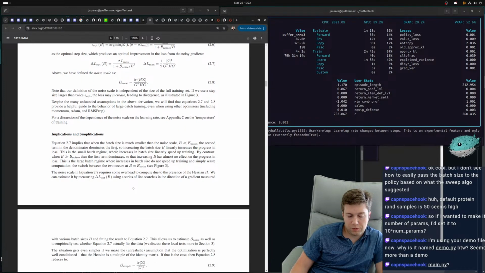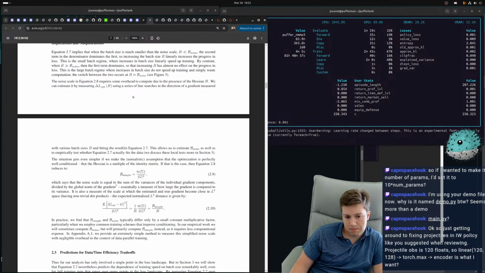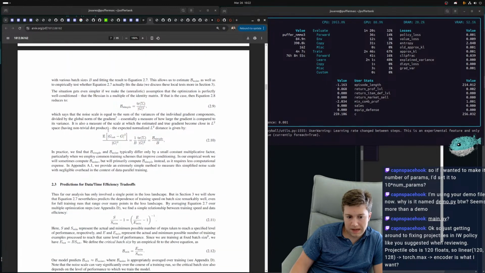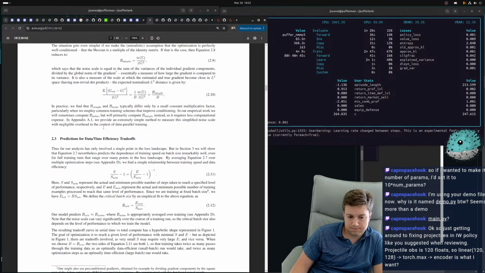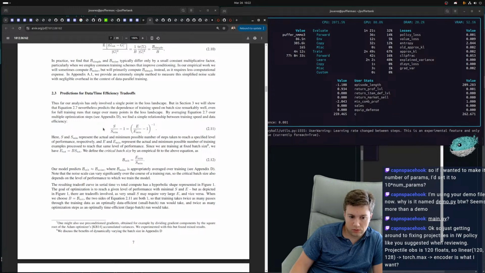Well, the other thing here with this prediction is that you should be able to train with smaller batch size, right? And lower learning rate.